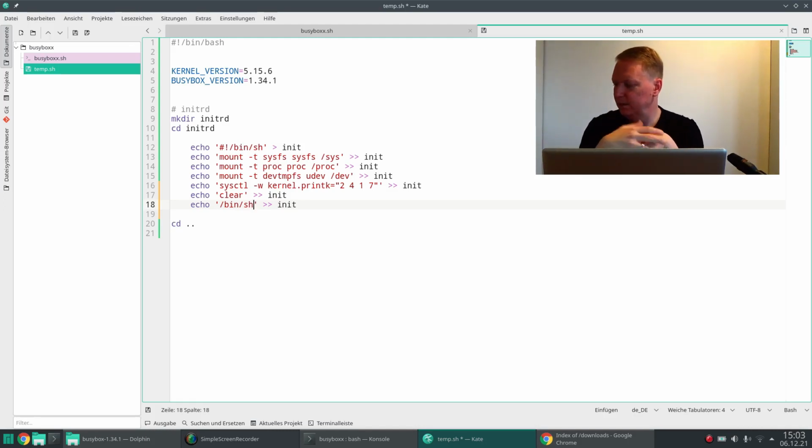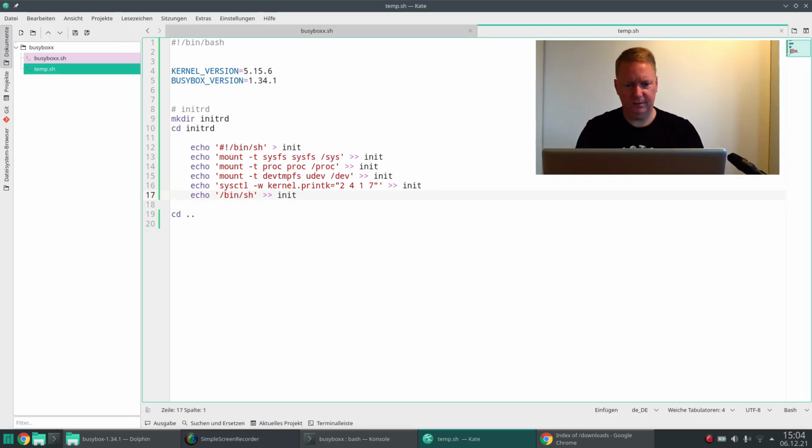Okay, so at this point we then get a shell, and then we can use the shell. Then we can print a directory listing, change directories, stuff like that. For my taste, we don't really need this clear here, so I will throw that out. But anyhow,